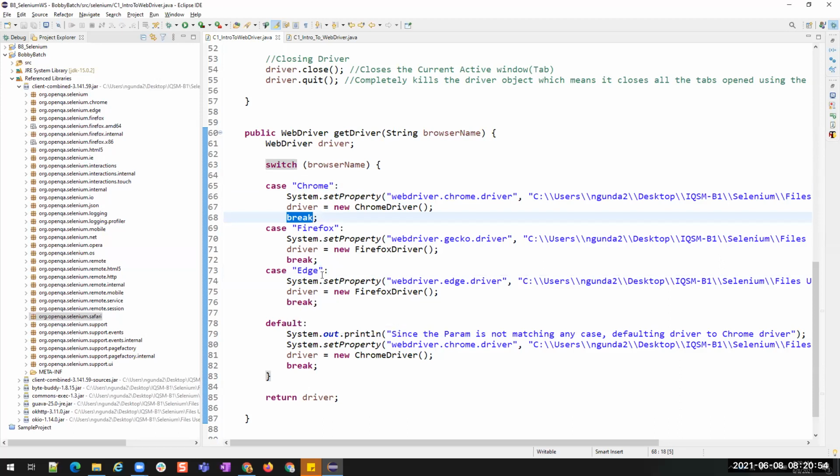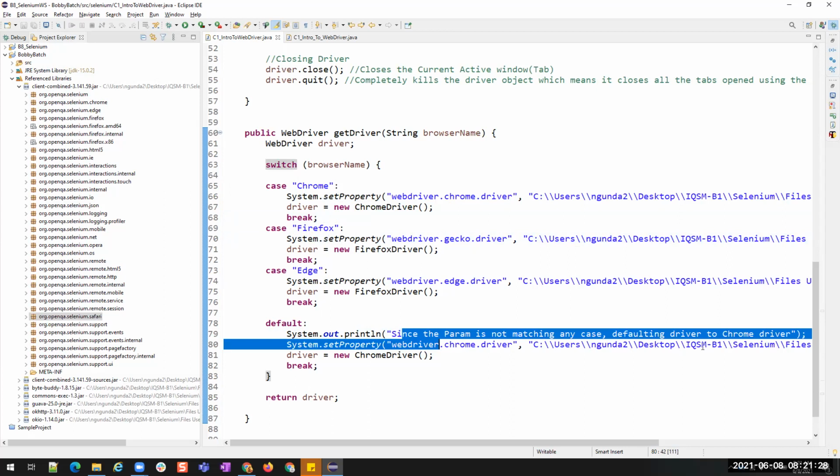Okay. And two things you have to remember: Selenium should support it and the driver file should be available for you. Even if there is some XYZ browser which has a driver file, but Selenium doesn't support it, there is no class to create an object. Suppose, do I have an XYZ class here? I do not have. So I cannot create an instance for that type. Selenium doesn't readily support the new browsers in the market. We need to have two things. One is the driver file should be available, that is the driver.exe file, and Selenium also should support that browser. Okay, is that clear?